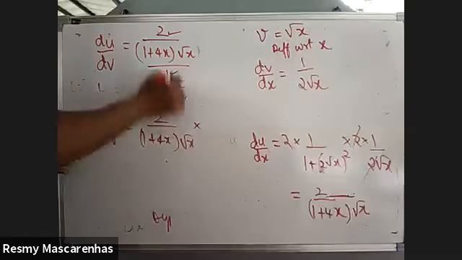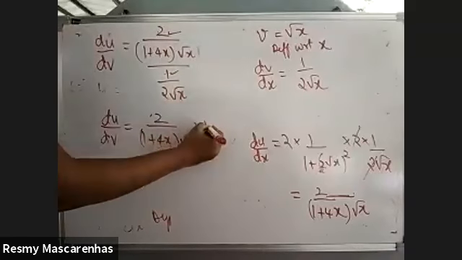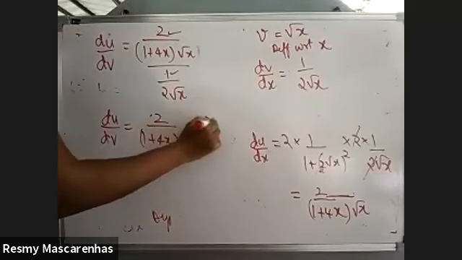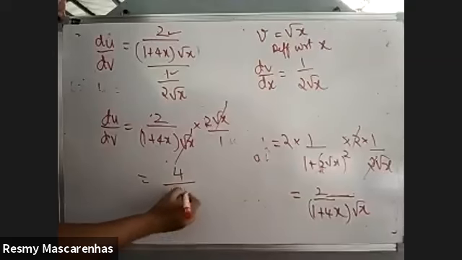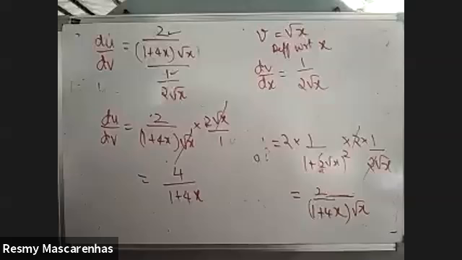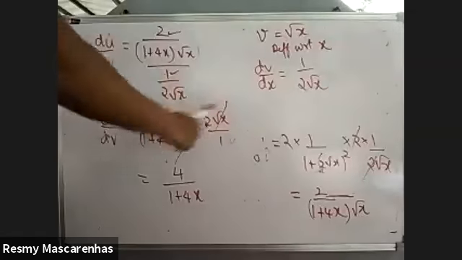Now this is 1 upon something. So a upon b divided by c upon d, this will become reversed, and what will it become? 2 root x upon 1, and then 4 upon 1 plus 4x. Okay, so be careful while cancelling. Alternate only you can cancel. Otherwise, do this method and then cancel.